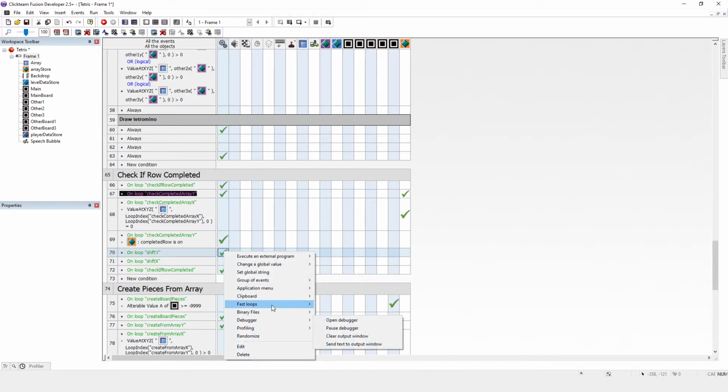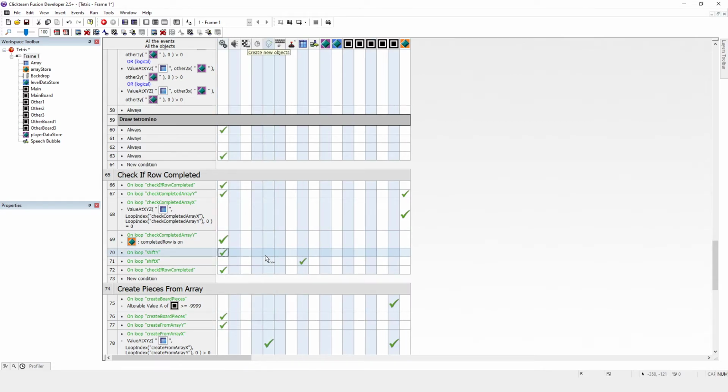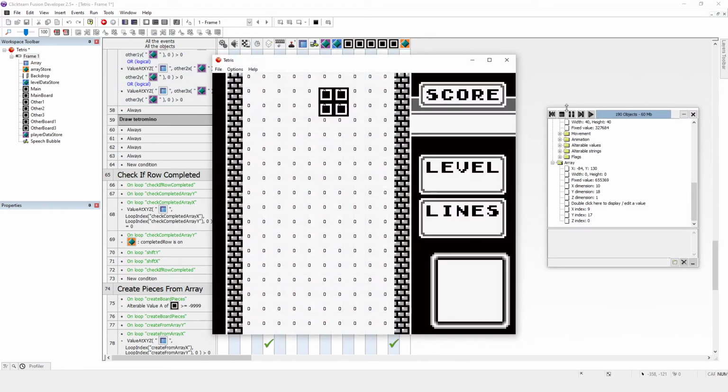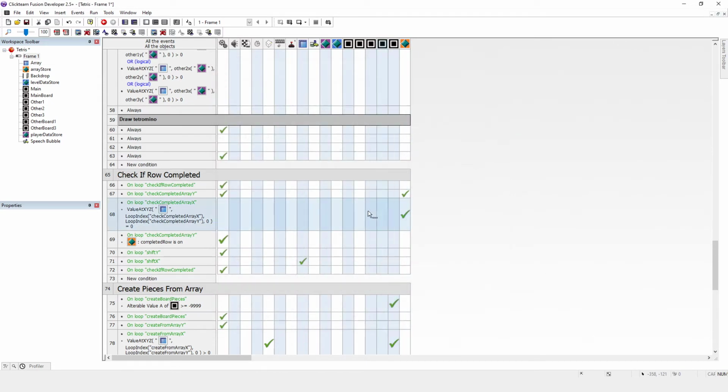So what I'm going to do is just do a quick fast loop. Let's just think about the logic of this. So we do Shift Y that amount of times, but we need to, so basically, let me just run it again to try and explain this. So we've done this row here, we've done this row here, but we then need to just cycle through quickly and put zeros into the top, just to make sure that they're there. Because if there's a piece there, then it might sit around, and we don't want that. So we just need to